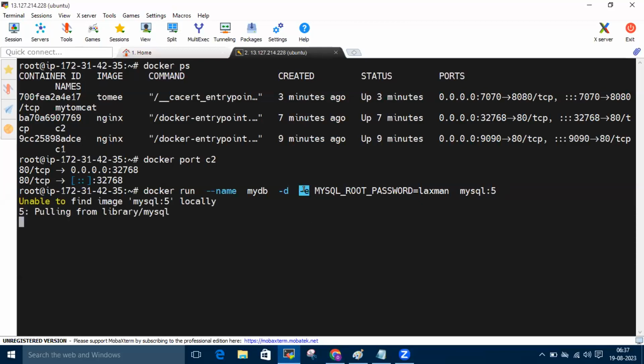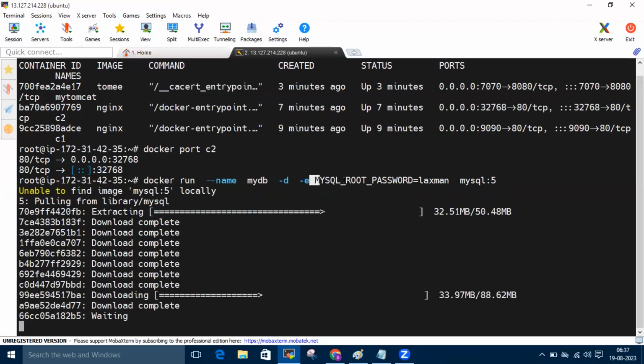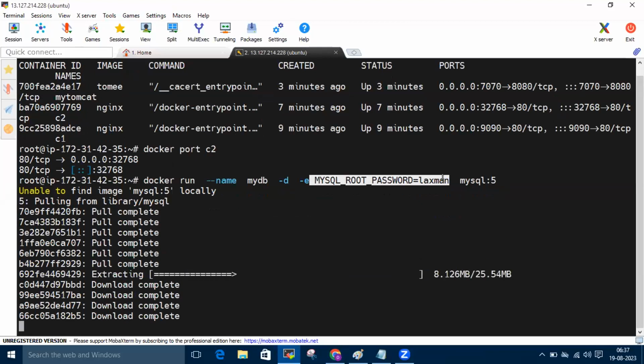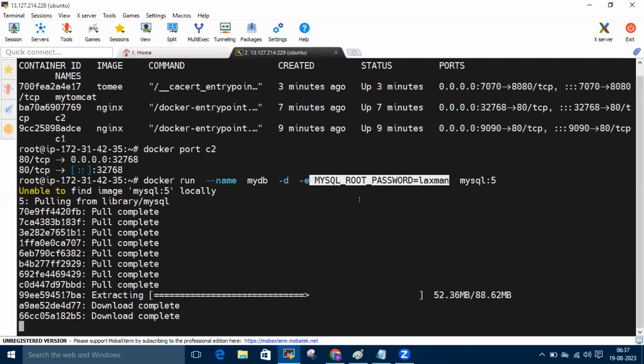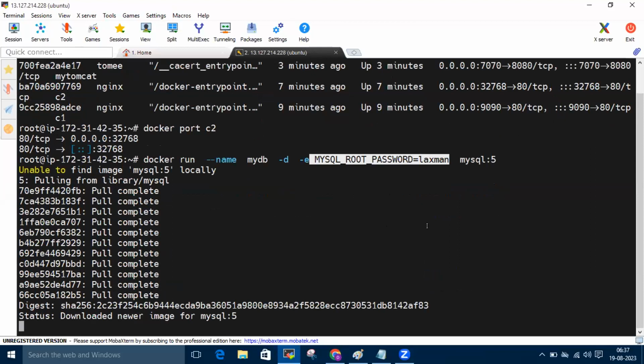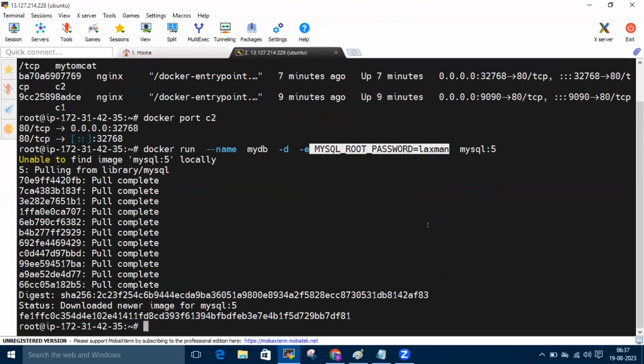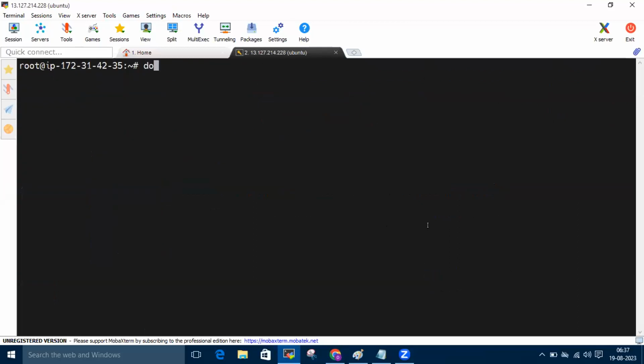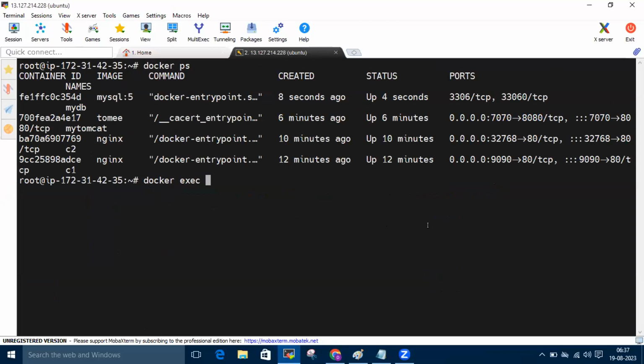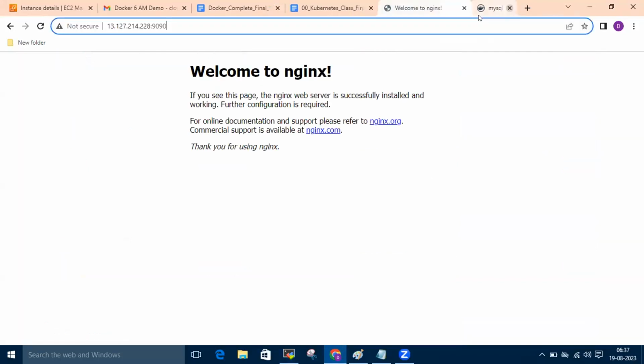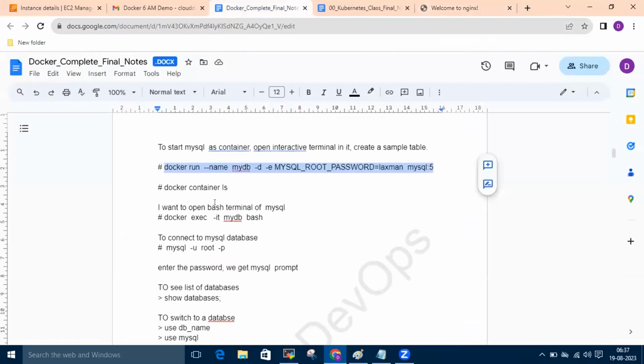We have the -e option to pass environment variables to the container. Now the MySQL database will be running. Now we will interact with the database. Docker exec -it, what is the container name? mydb, bash. See, we are in the container shell. Now, what I want to do is connect to the database. How to do that? For that,